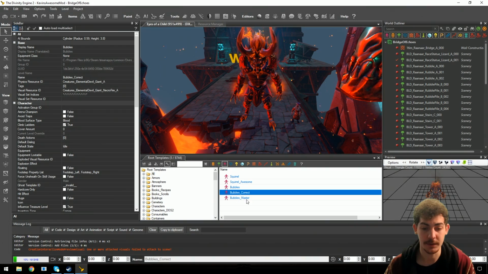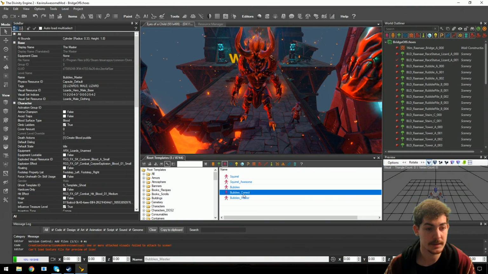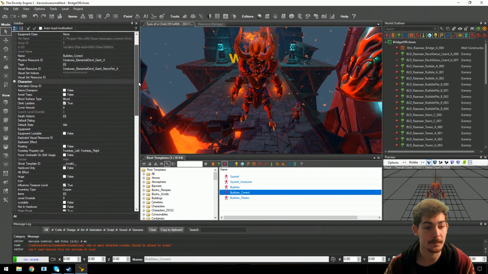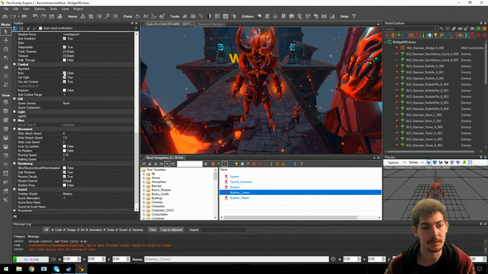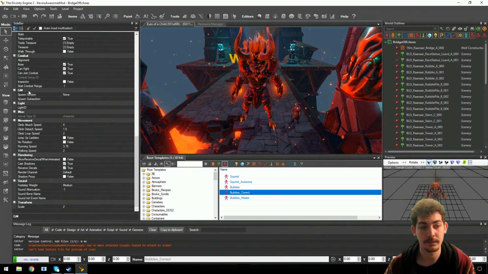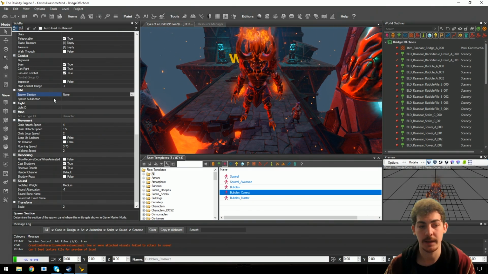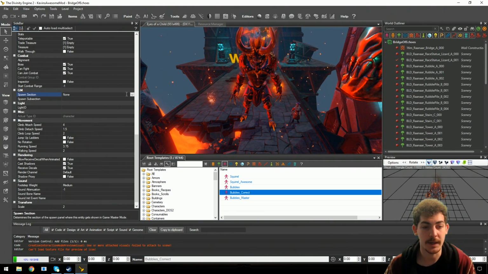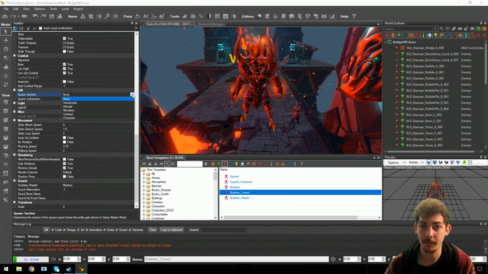So there's one more thing I want to change here, and that is setting them up for Game Master mode. Oh, and the boss. Bubbles needs to be a boss. So for Game Master mode, the only thing you need is to go to the sidebar, to the GM part, and set the spawn section and the spawn subsection. This will define, first of all, that it will spawn somewhere in your panel. There's a monsters and items panel that contains everything that you can place, and it is defined by this spawn section. So in this case, I would set him under monsters, I guess,